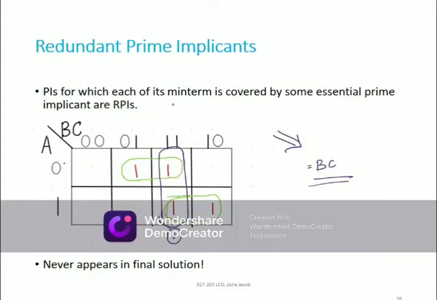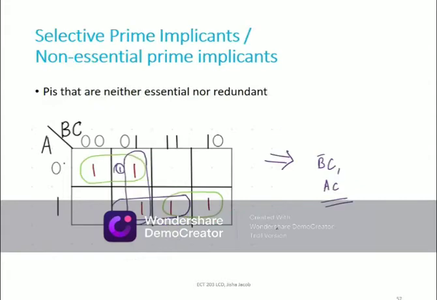The next one is redundant prime implicants. Redundant means the group that we kicked out in the earlier K-map that you saw, the one that was not really needed, not essential. That is referred to as a redundant prime implicant. The reason is that this redundant prime implicant is actually grouping ones that were already grouped by this one and this one. Therefore, it is redundant, a repetition, and you would never actually group it in practical cases. Therefore, it never appears in the final solution. These are redundant prime implicants.